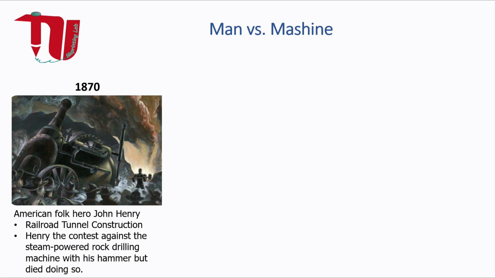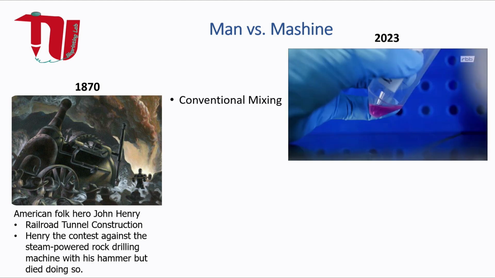And so we did a competition, man versus machine, and a US friend of mine said that reminded him of an old US folk hero, John Henry, who drilled holes for railroad tunnel construction and took a competition against a steam-powered drilling machine. And he won, but he was so exhausted that he died. Converting this story from 1870 to nowadays,